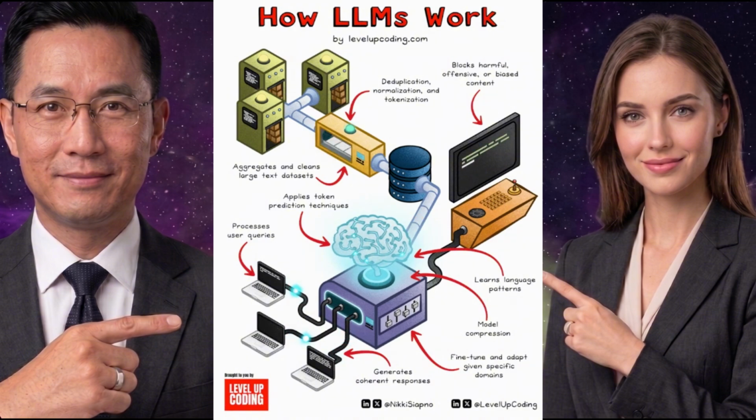So basically, we've got this massive, brilliant brain. But looking at the level-up coding diagram, the raw foundational brain is not the final product. No, far from it. It's too chaotic. Right beneath the glowing brain, integrated directly into the metallic base, is a control panel featuring physical switches and sliders. Yeah, this phase represents the necessary constraints and adjustments you need to take a theoretical architecture and actually deploy it in the real world. The labels pointing to this control panel read model compression and fine-tune and adapt given specific domains. Let's start with compression,